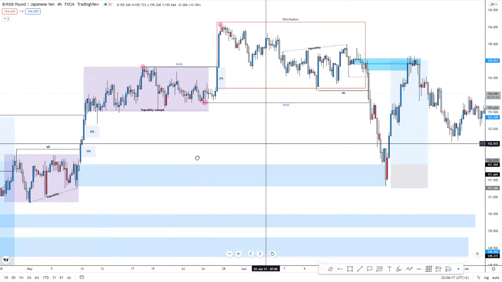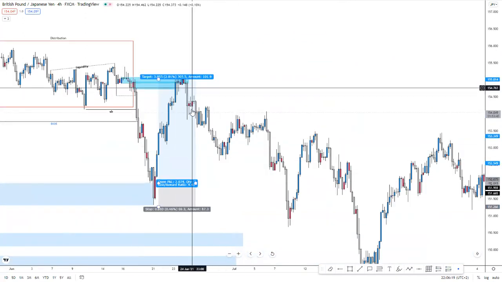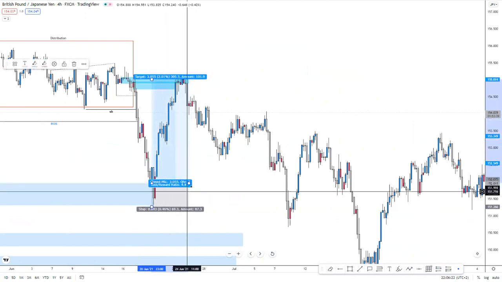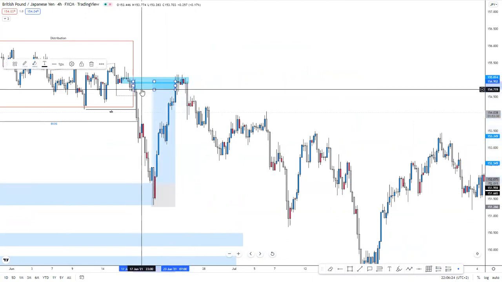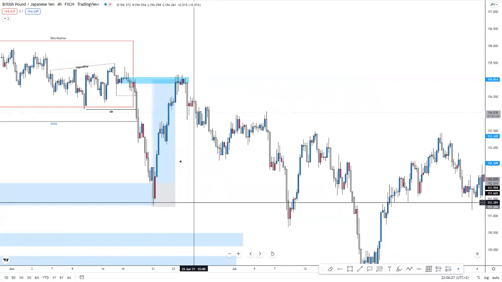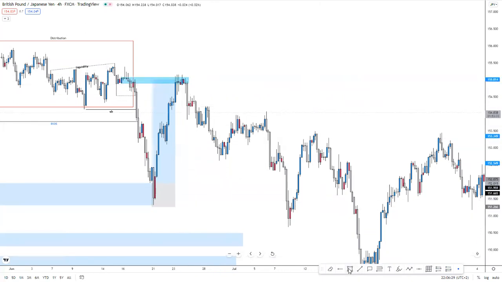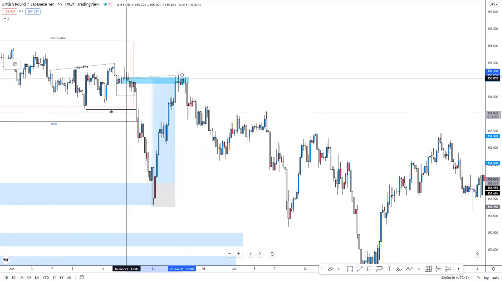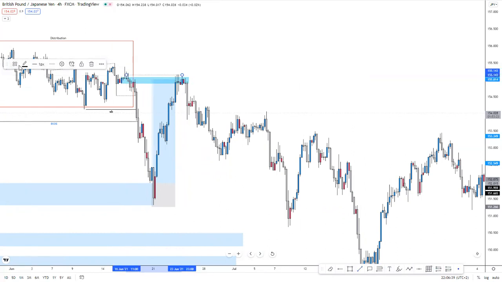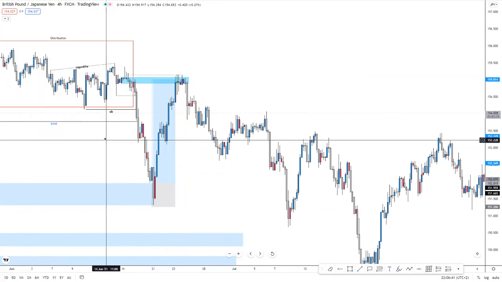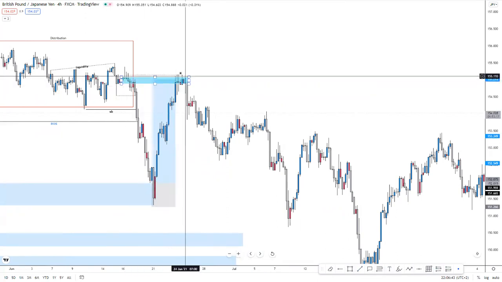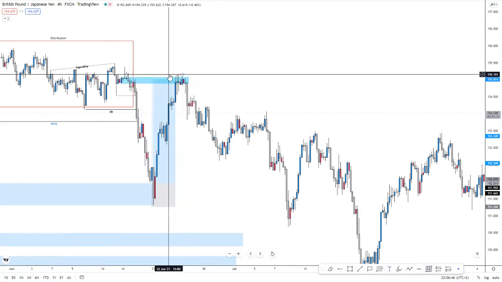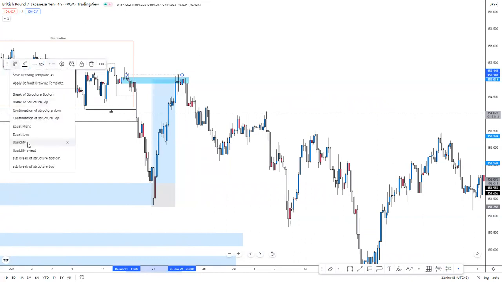Liquidity cleared, imbalance. From here now, we're looking for sells, right? At this point, we're looking for sells. Because why? We are bearish, right? So what does the market do? The market now leaves more liquidity at the highs, which is perfectly fine with us. We go into a lower time frame and then find that entry, right? If you want to, but some of us can just place our sell order,